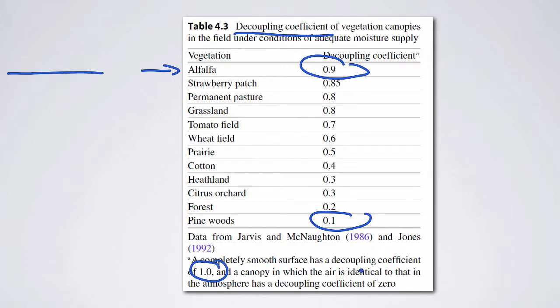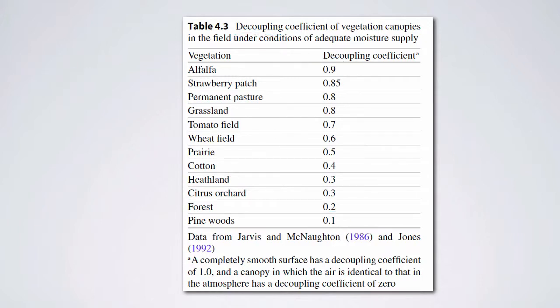A canopy in which the air is identical to that in the atmosphere has a decoupling coefficient of 0. So if it's relatively well mixed and there's no differences, then that decoupling coefficient is 0. These are things that we actually measure, and they get put into models and help us understand the amount of energy and water vapor that's transferred